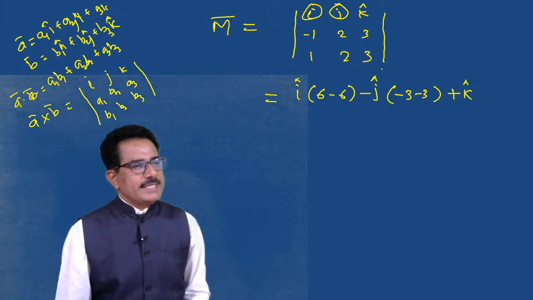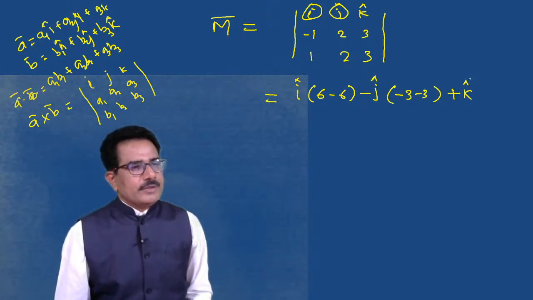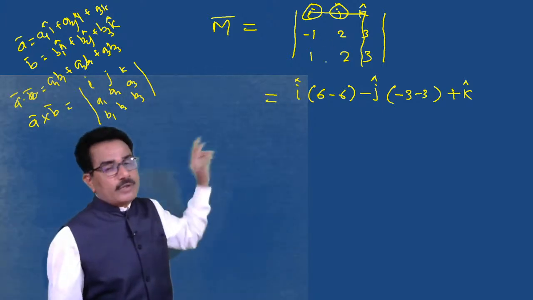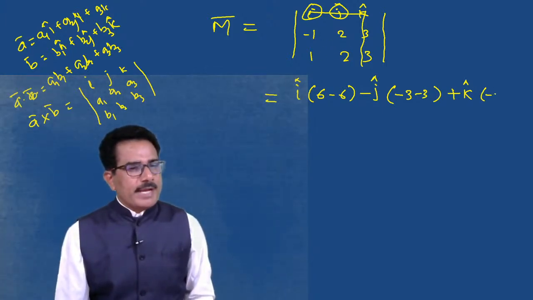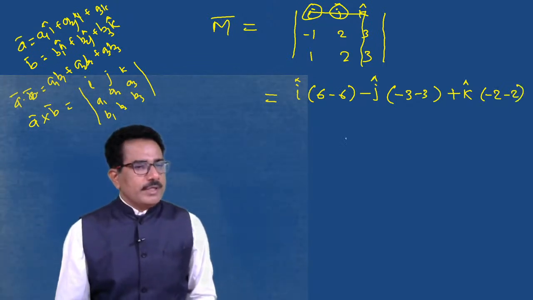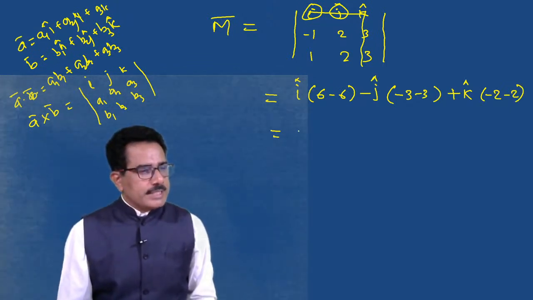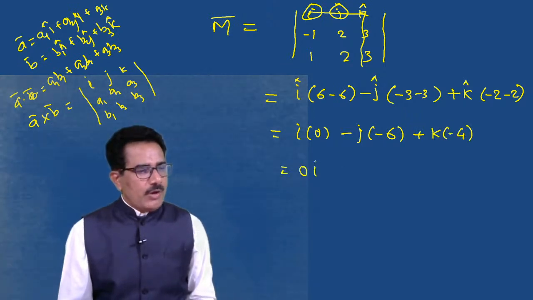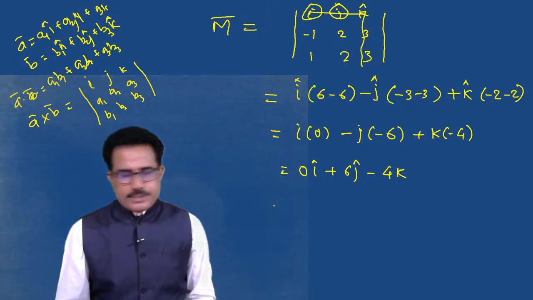Then we can write the cross product of this: when we select k, delete the column and row of k, and take the cross product of the 4 remaining elements. That means minus 2 minus 2. So this is i into 0 minus j into minus 6 plus k into minus 4, that is 0i plus 6j minus 4k, that is equal to,